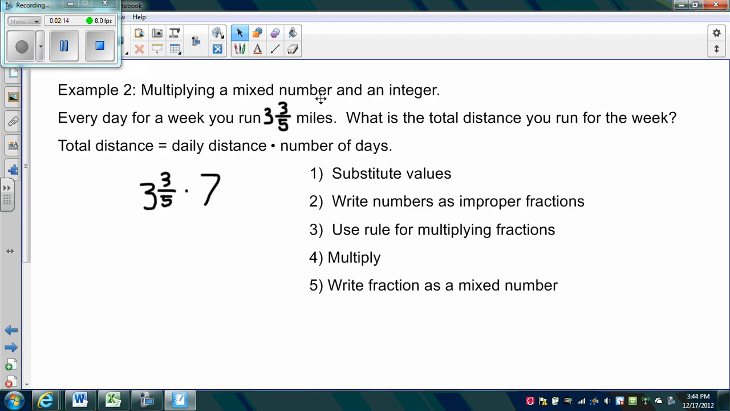So what do you do when you have a mixed number involved? Well, just like previous problems, whenever we have mixed numbers, we always first make it into an improper fraction. So in this problem, every day for a week, you run 3 3/5 miles. What is the total distance you run in 1 week? Well, 1 week equals 7 days. And we know how far you run each day. So 3 3/5 times 7, then we can multiply those together in order to get our answer of the total distance you ran. So first part, 3 times 5 is 15, plus 3 is 18 fifths,